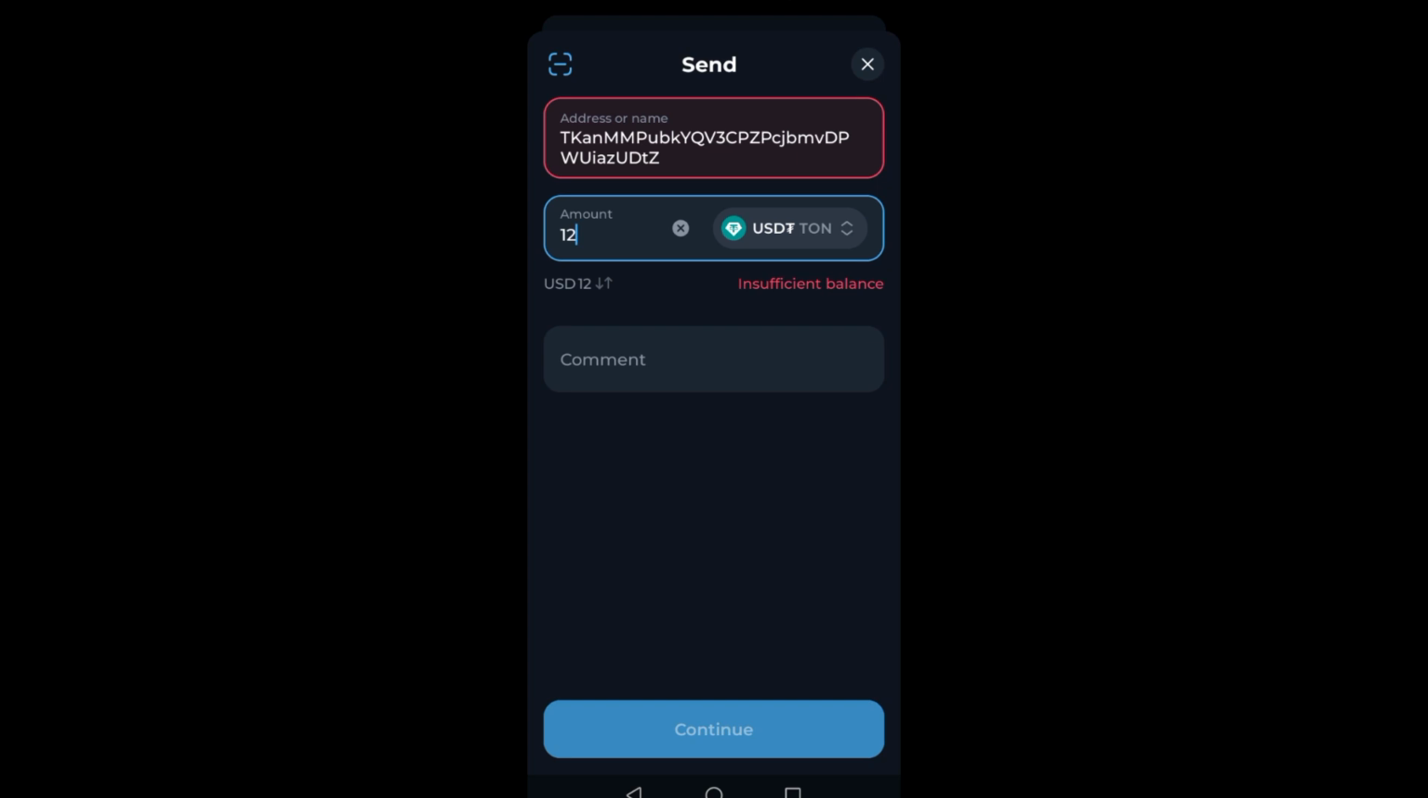You just have to wait for that. Just go to your Binance and check if your USDT is already there. So this is how easy it is to transfer coins and USDT from